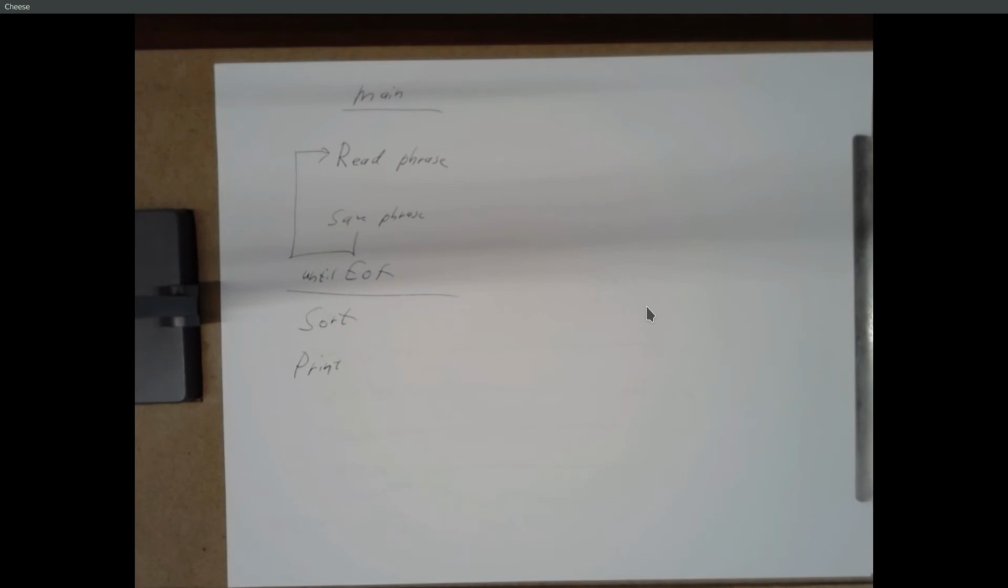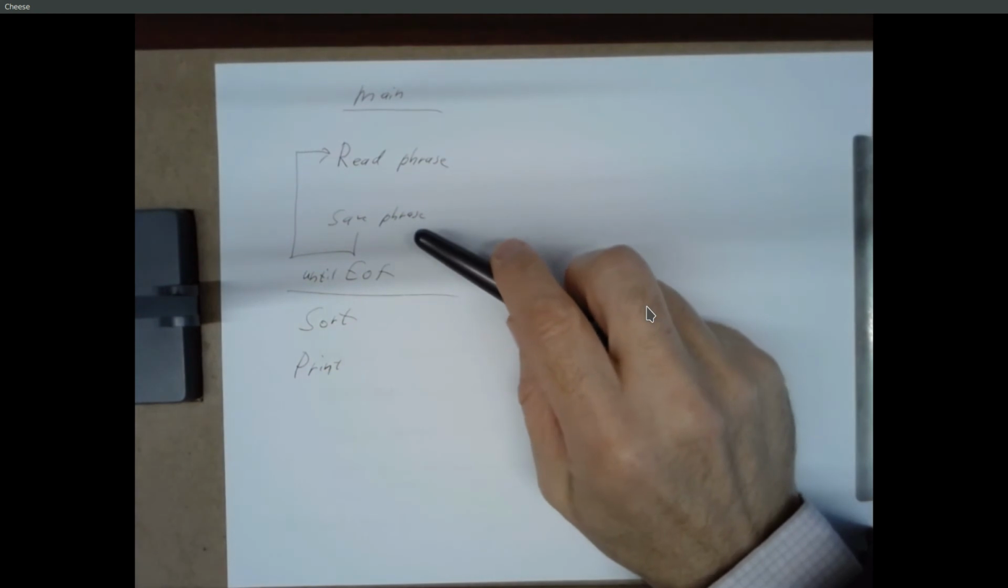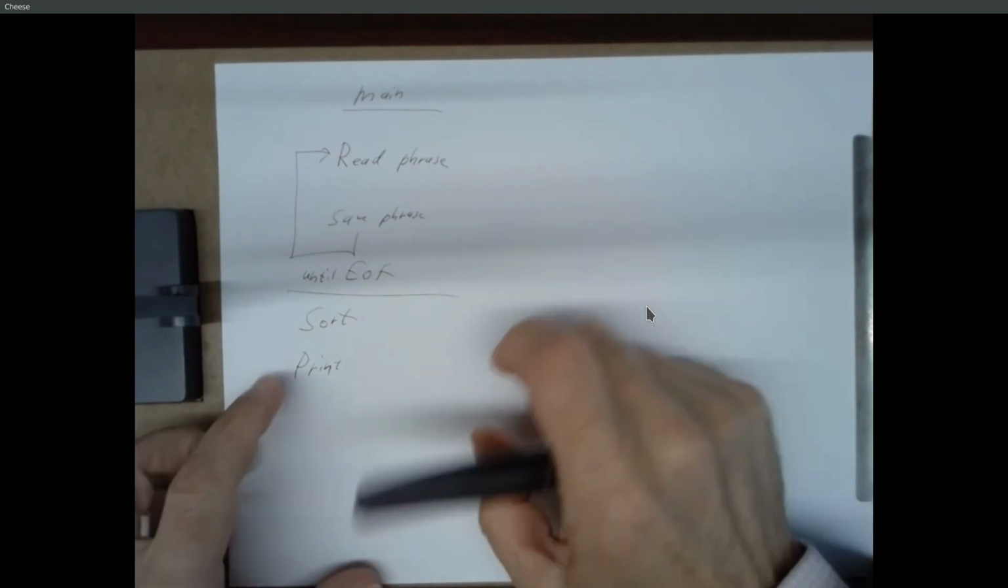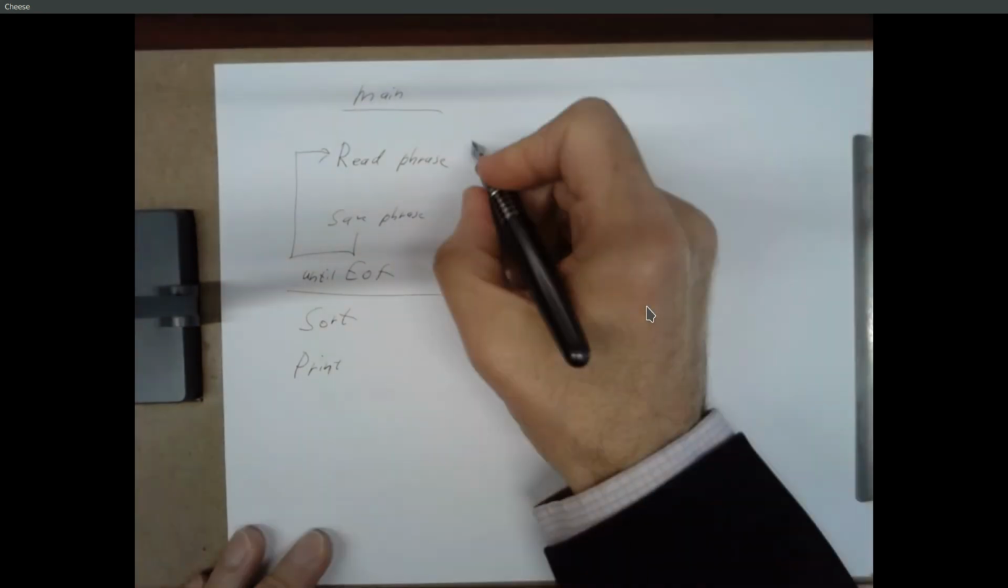Sorting your dictionary is just doing your bubble sort on this two-dimensional array. And then printing is a for loop, go through and print each line along with the string length of the line. So really 4 pieces of code that your main program does, 2 of them in a loop until you try to read one more phrase and it says end of file, and then sort your dictionary and print your dictionary. Okay, so reading a phrase